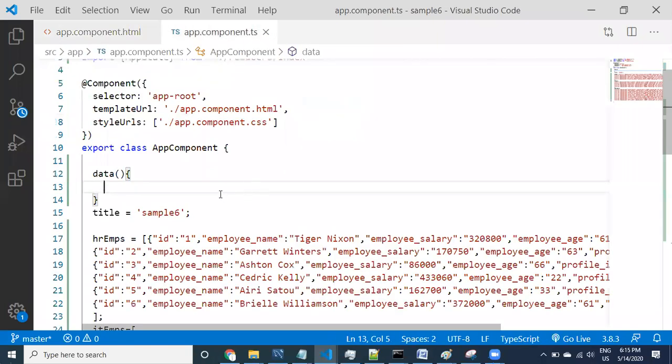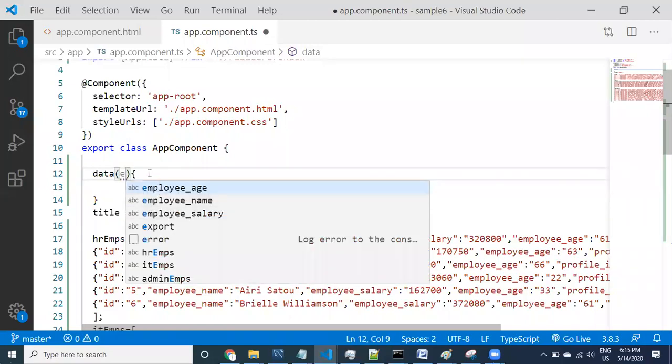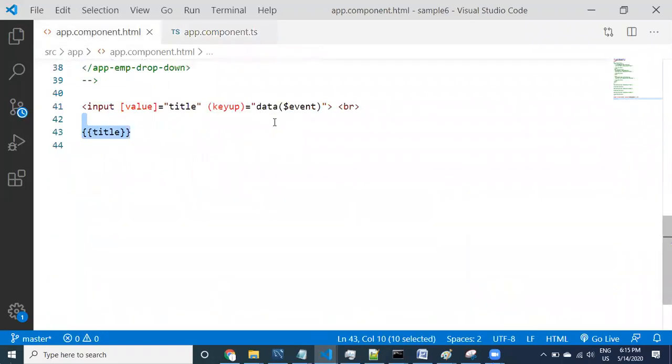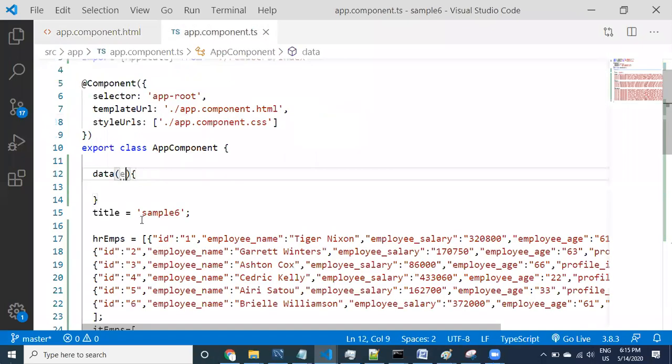Whenever you see this data here, we are receiving one event object, you can take a reference E, or whatever you want, you can take it. From here you are passing what? An event object. Whatever event object you are passing, this object is going to come to here.